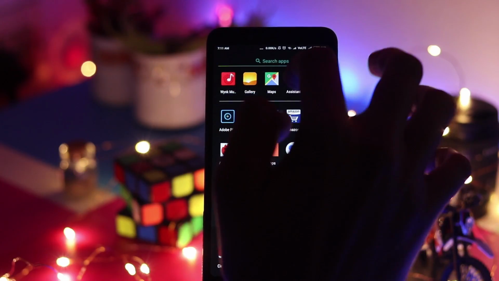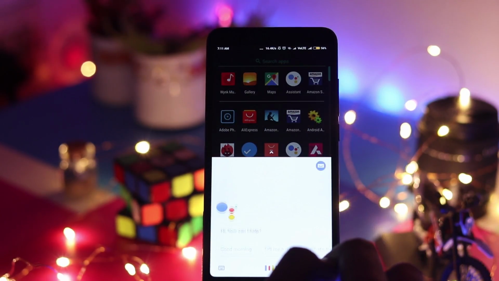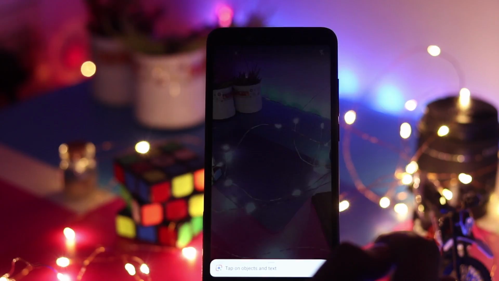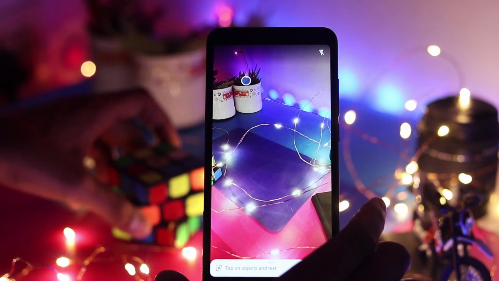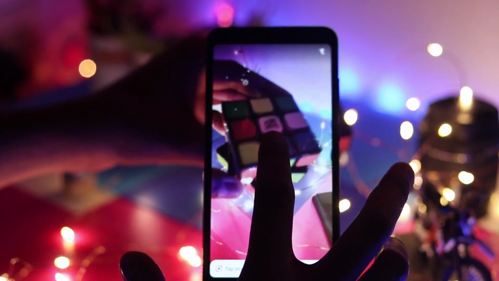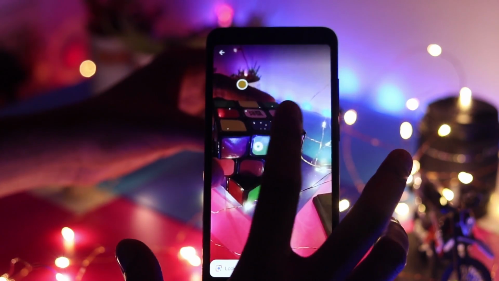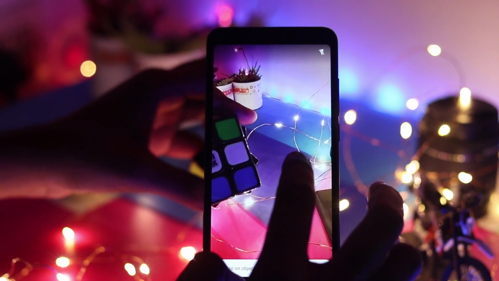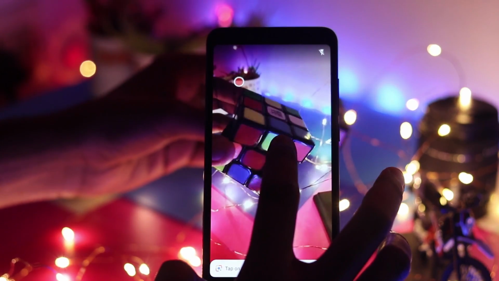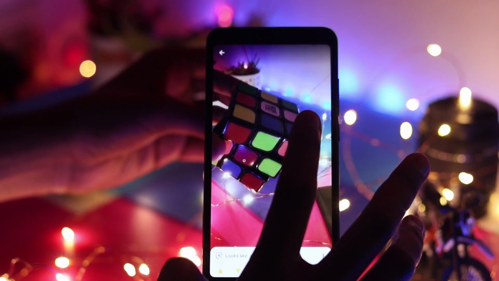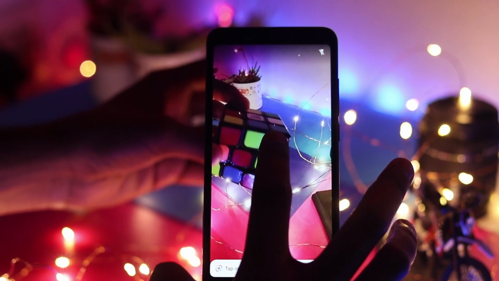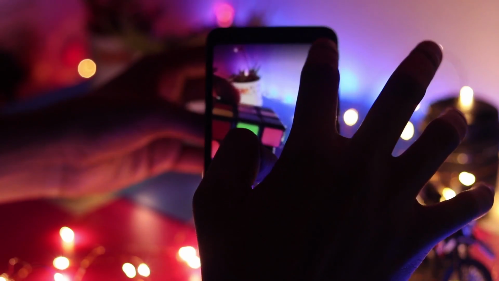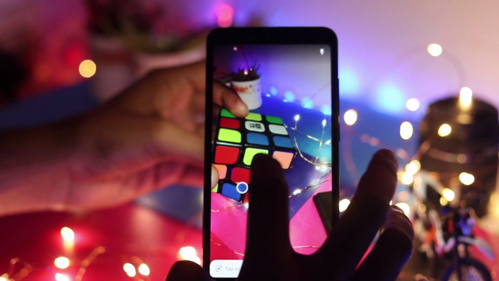So the first trick is you have to take the Google Assistant and then you can see this symbol, which is the Google Lens. So you can either detect objects, like I have a Rubik's Cube here. So let's just detect the Rubik's Cube. Try to detect it. It looks like cosmetic, so it is not exactly accurate and it may take some time. It also depends on the amount of light present. So I'll just switch on. Okay,